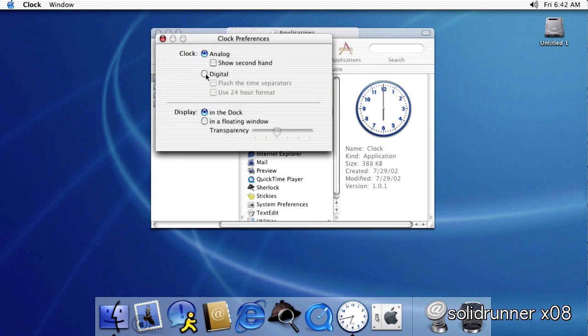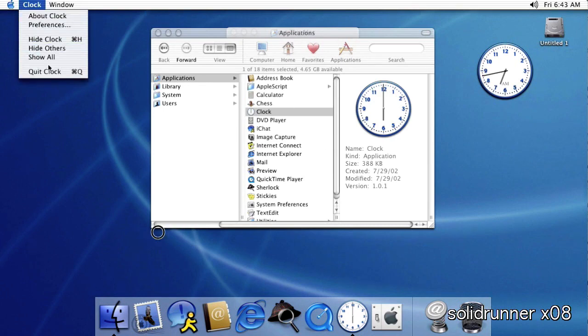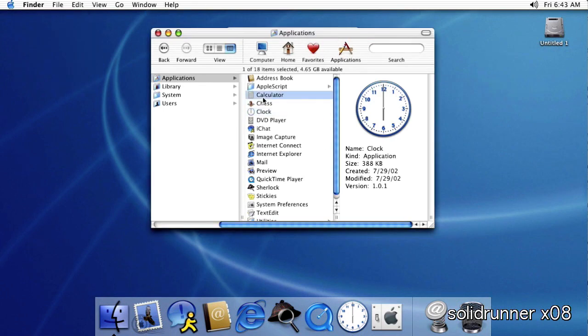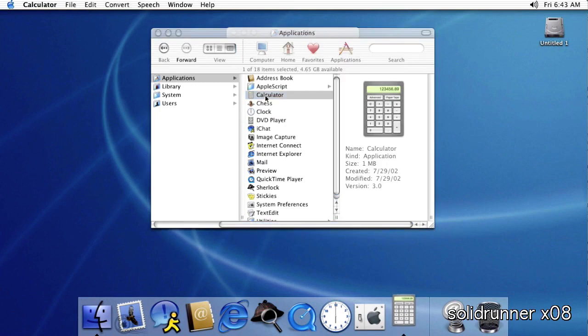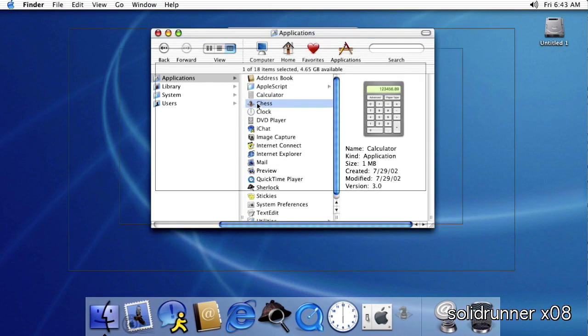And you could also, if you want, change it to a floating window. And you can make it transparent or opaque, and you can also change it between analog and digital, although I prefer the analog version. We got a calculator which does not look the same as today, definitely, but it can do all the basic calculations. We have chess